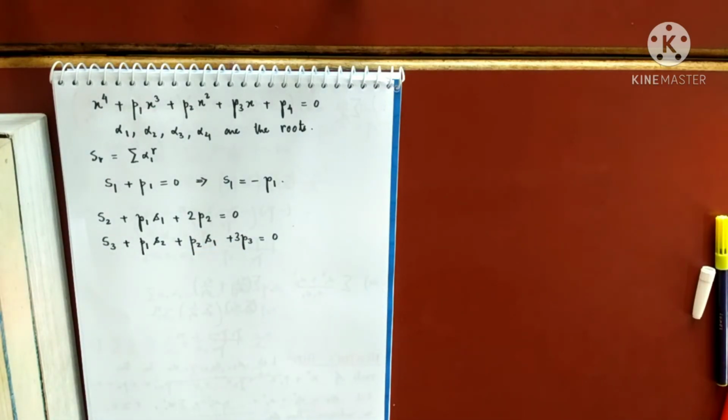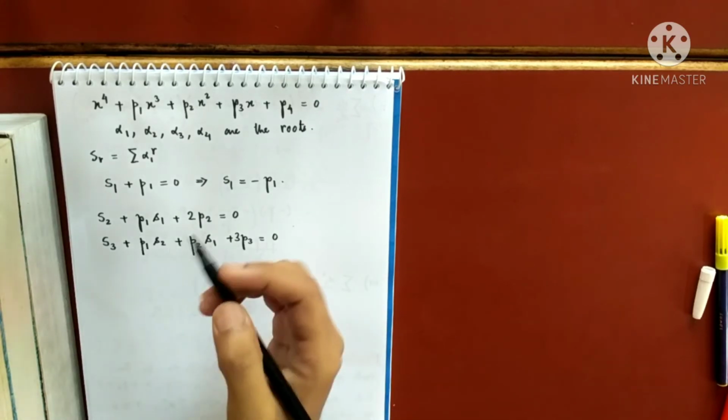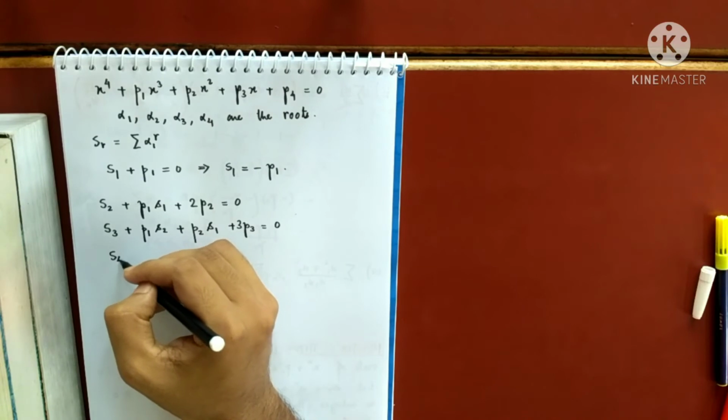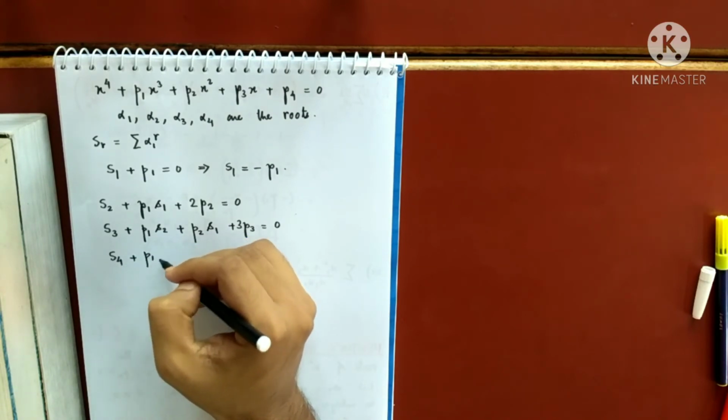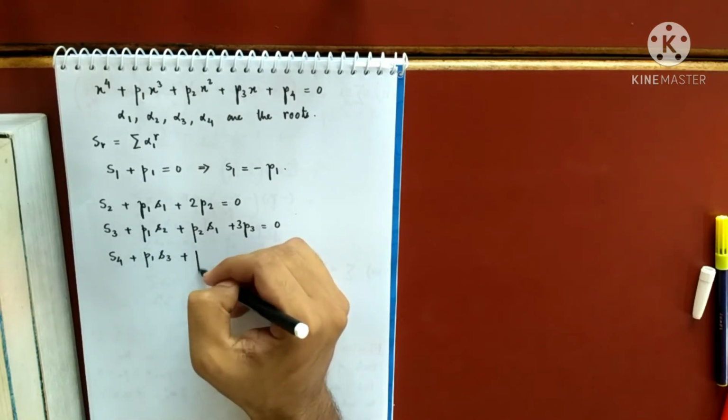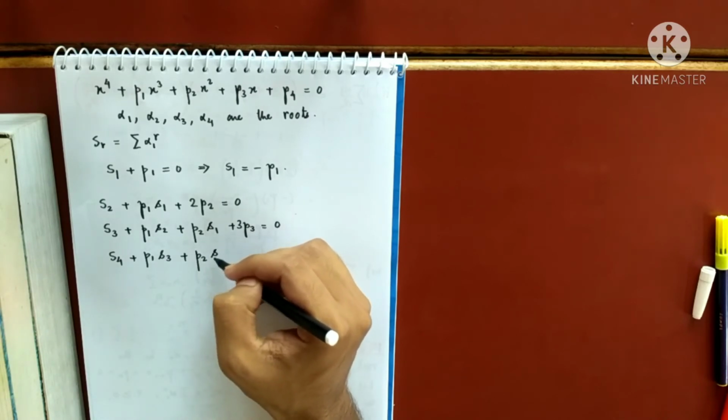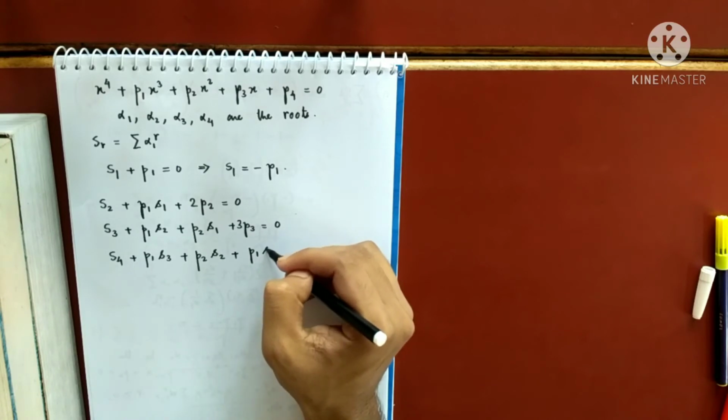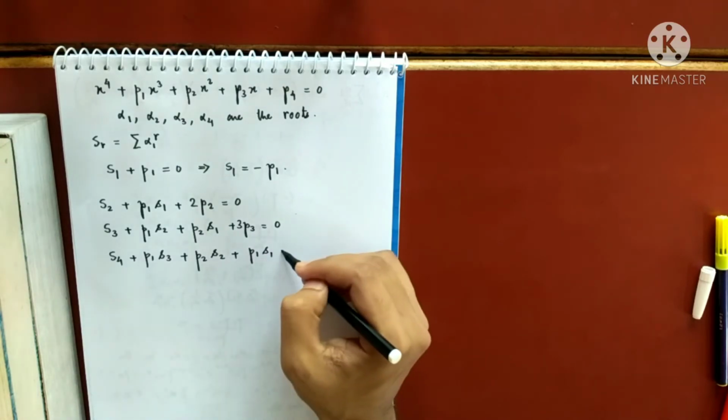So I can find out alpha 1 to the power 3 plus alpha 2 to the power 3 plus alpha 3 to the power 3 plus alpha 4 to the power 3. Right? So in this successive manner, I can find S1, S2, S3, S4. Let's see what will be S4 then. So S4 plus P1 S3 plus P2 S2 plus P1 S1 plus,